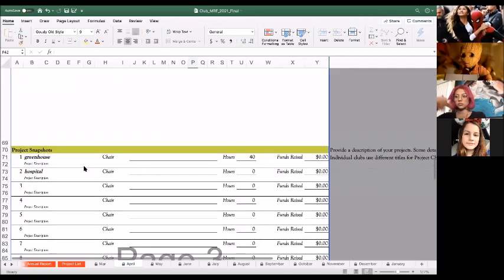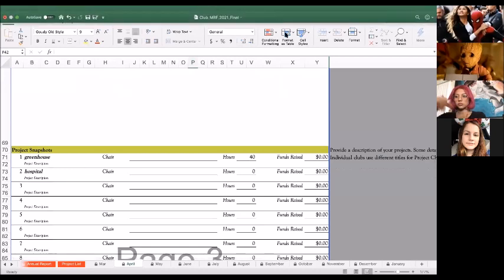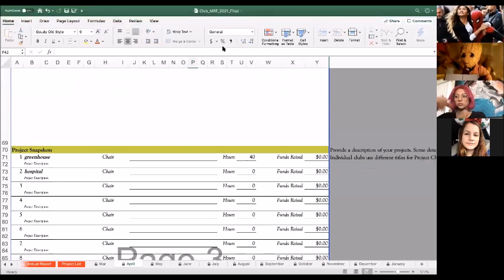And project snapshot. Keep it short and simple. For the March MRF, it includes seniors. So do we have to include them in the roster if we copy and paste from the last MRF? No, because this is a new term and the seniors technically do not count towards this new term. So if you copy and paste from the last MRF, I wouldn't include them in the roster because it's going to mess up your track for the 2020 to 21 term.